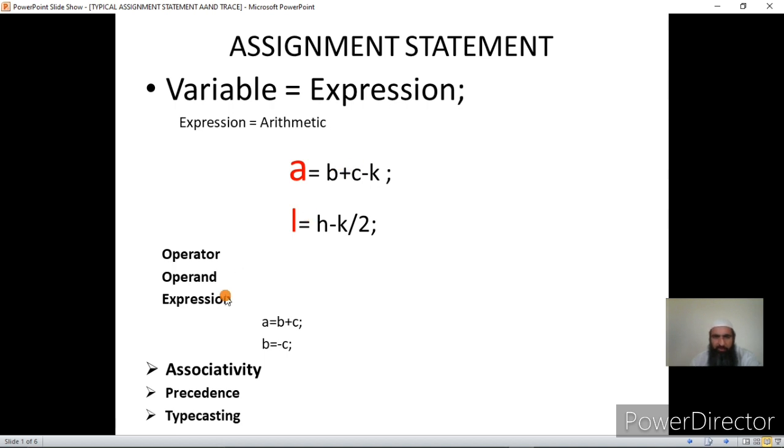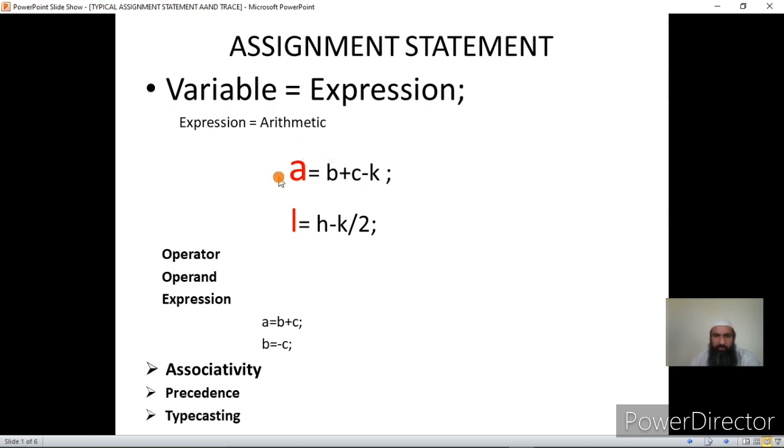Now what is an expression? Expression is a combination of operators and operands according to the rules of the syntax. So we have to follow the syntax rules strictly, or we will get compilation errors. For that we should know the syntax in a 100% correct way, otherwise there will be problems in writing such expressions. Now I'll give some more clarifications here.